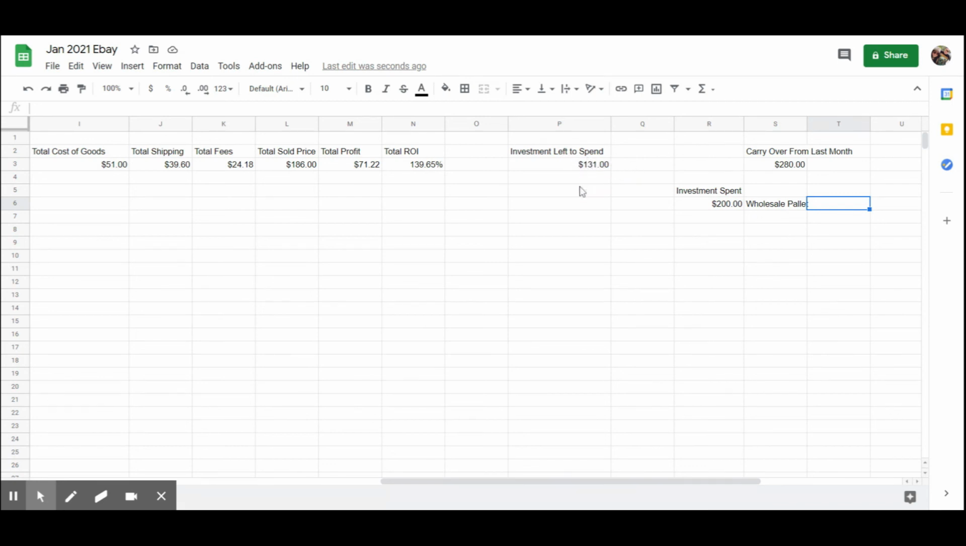Now, I did say I was going to show you how to add a percentage of your profits into this number right here, so that way you're growing. So let's go ahead and get into that. We can do this two different ways. The first way is we can just have it tied right into our profit and into the investment. So you can say plus, and then we're going to cap this off, M3, which is our total profit,